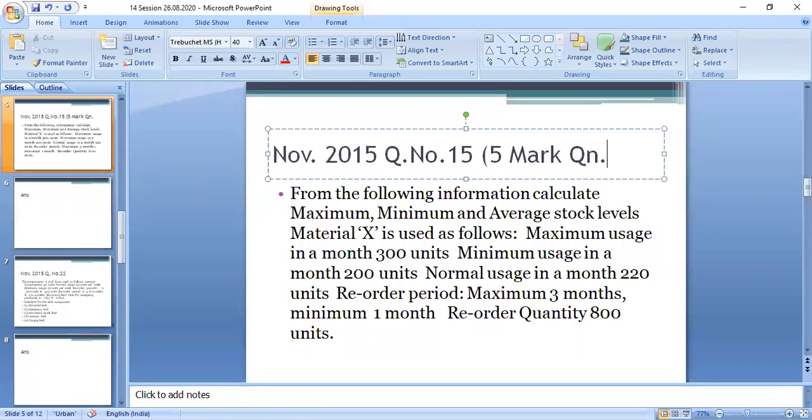So minimum, maximum, we don't have any answer for these questions. So whatever we are writing on that only: 300, 200, 225, 220, 300, 200, 225, 750. Okay, this is 6 months and 2 months.